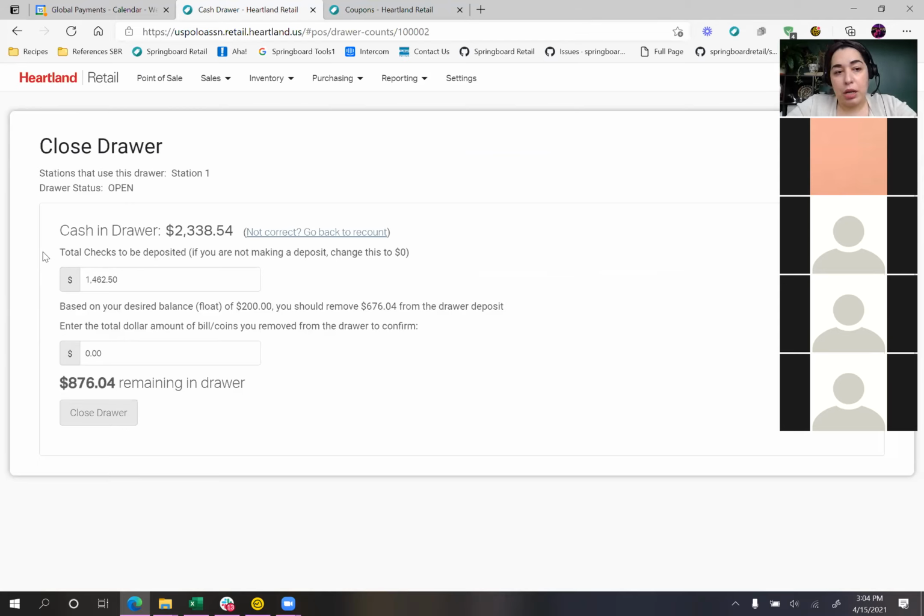So this tells me, all right, this is my total amount of checks to deposit. It will always say 0 for the most part. It'll tell you your total amount in drawer. And this particular register is set to a $200 float. So it's going to do everything in its power to get me to 200 so that I can start tomorrow